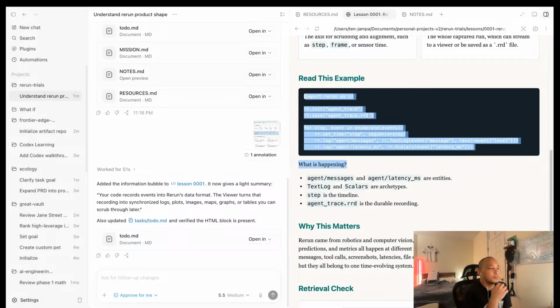Import rerun as rr, rr.init, agent trace, save agent_trace.rrd, for step, event in enumerate events, set time step sequence equals step, rr.log. All right, just reload this.